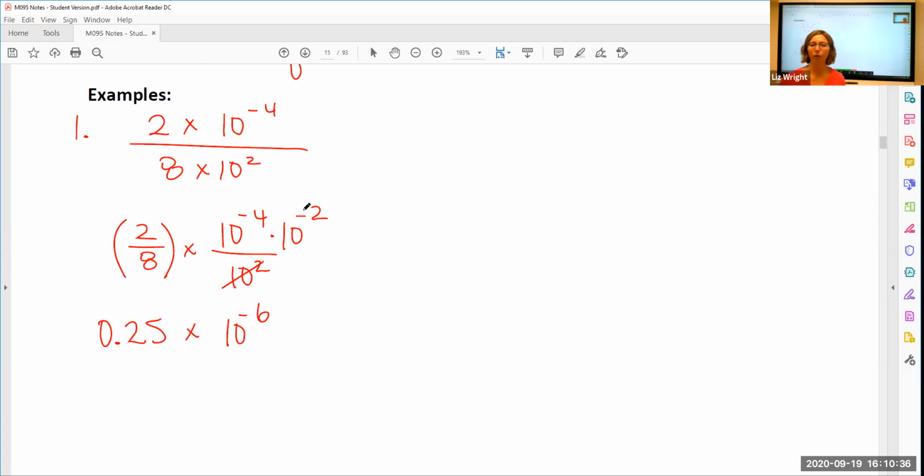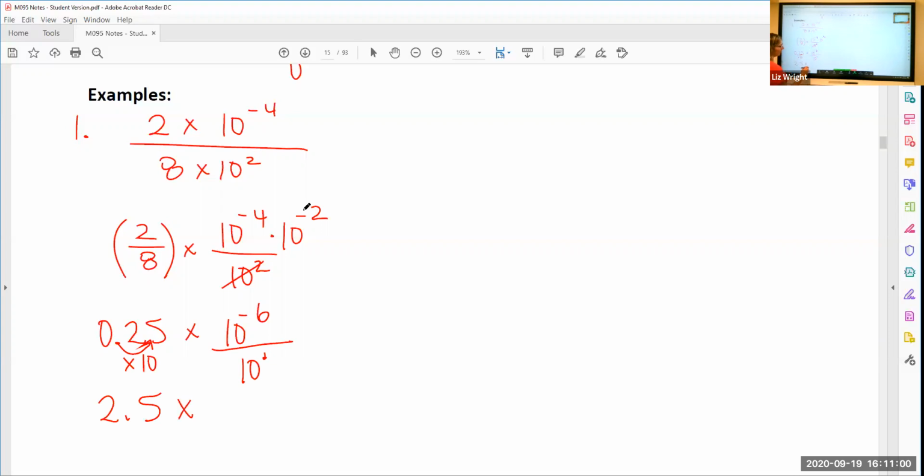Are we done? No, because 0.25 is less than 1. So we've got to convert that. So in order to move it one way to the right, like that, that means we're multiplying this side by 10, right? To move it to the right, which means what do we have to do on this side? We've got to divide it by 10. So we're going to divide it by 10. So now we've got